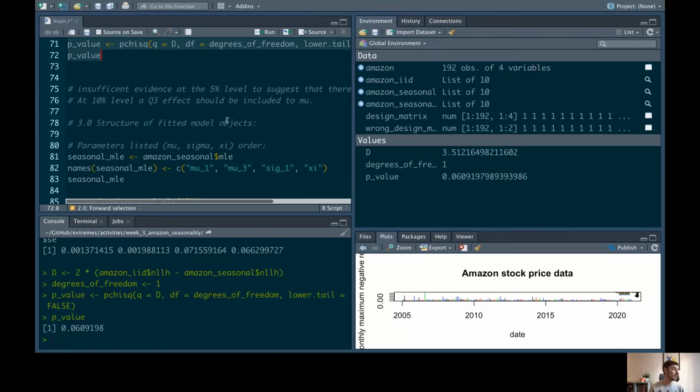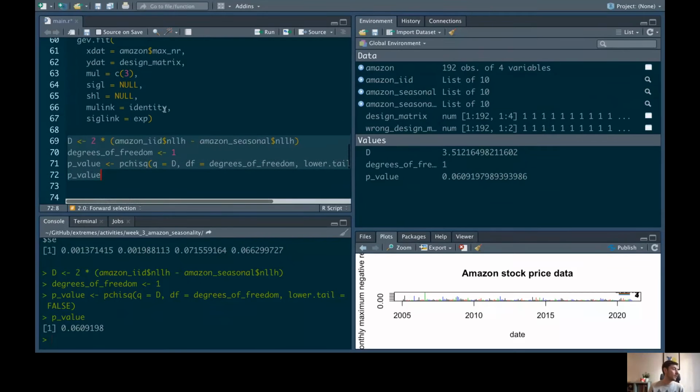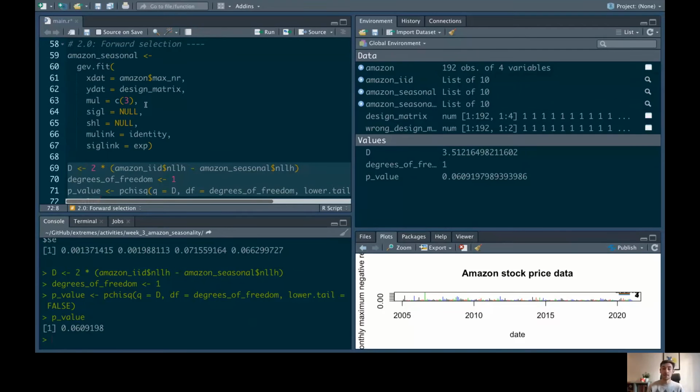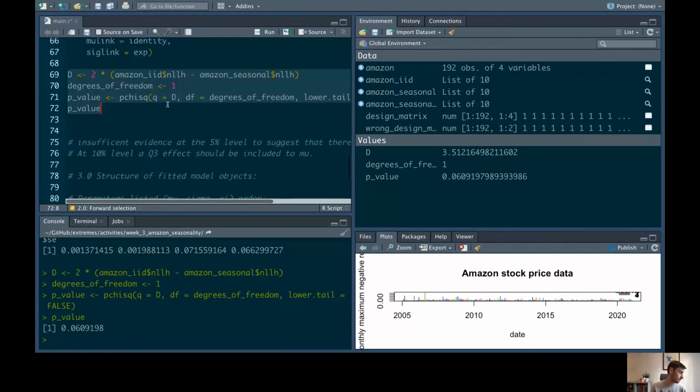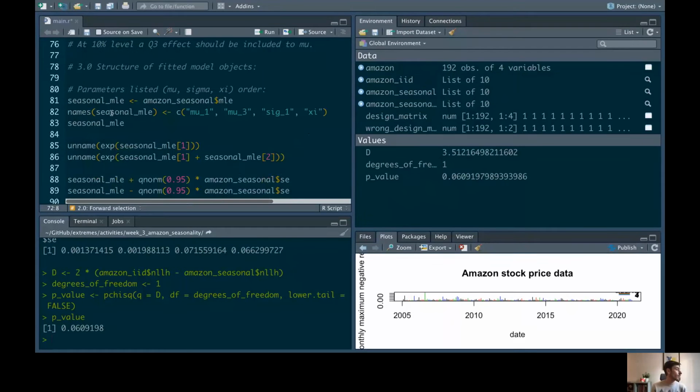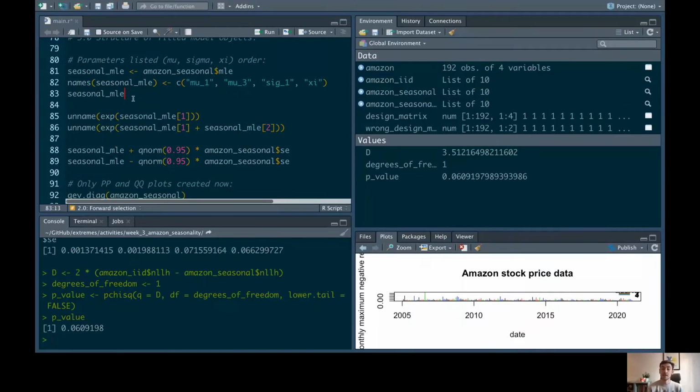So we're going to go ahead and use this model where we have a distinct location parameter in our GEV model for the third quarter, and all of the other parameters are constant. So in much the same way as we did last week, we can extract the MLE component of this fitted model using the $ syntax. And here all I'm doing is storing that in a separate object called seasonal MLE, and in line 82 adding names to those to make it a bit easier to interpret the output. So if we run lines 81 to 83,